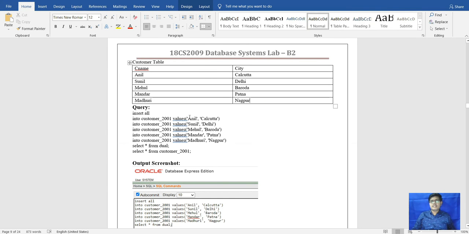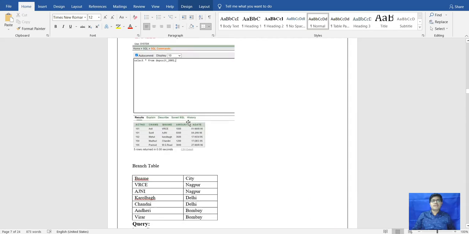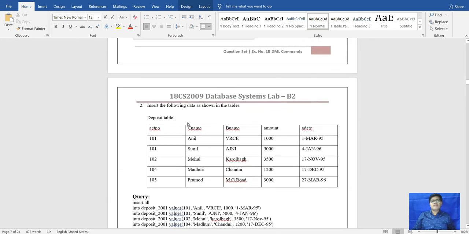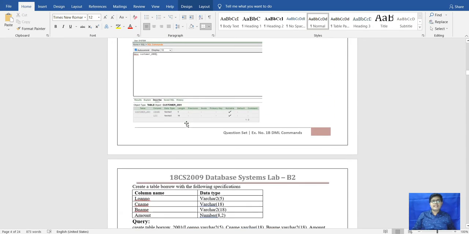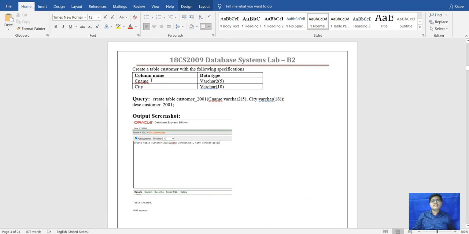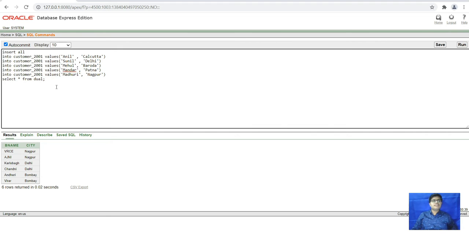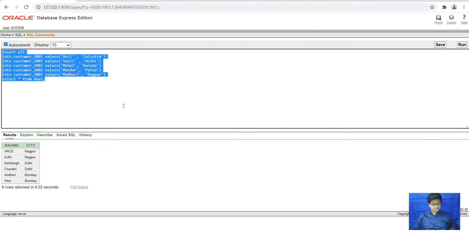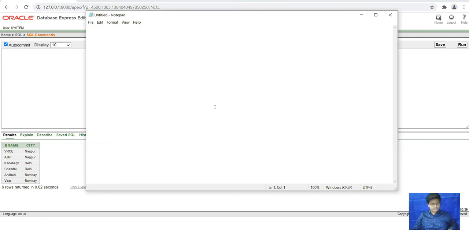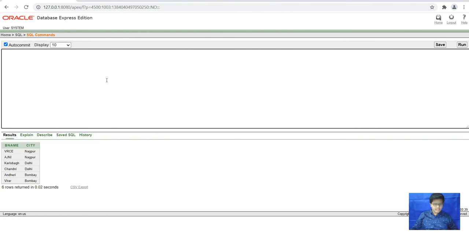Let's check the customer. If we have to alter, then we will alter this. Let's check whether it is having less. Yes, it is having less here. So I will copy this here and alter the table.